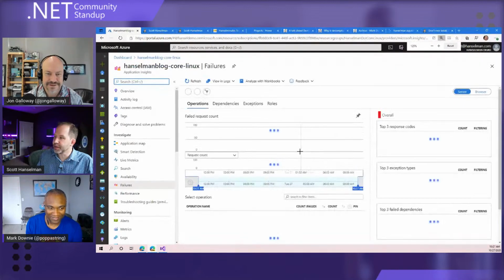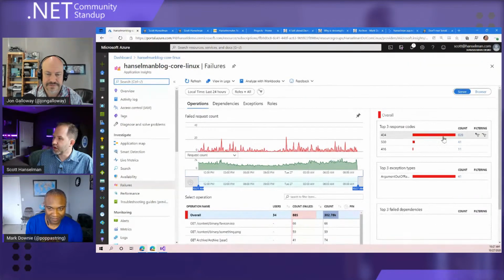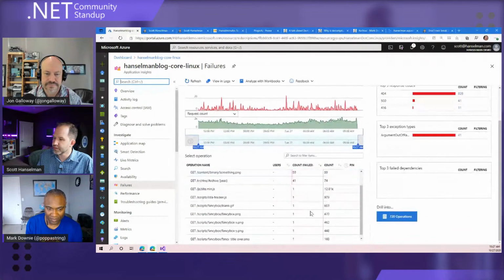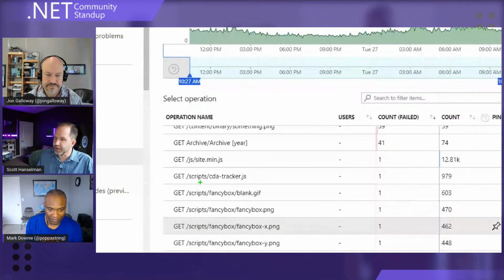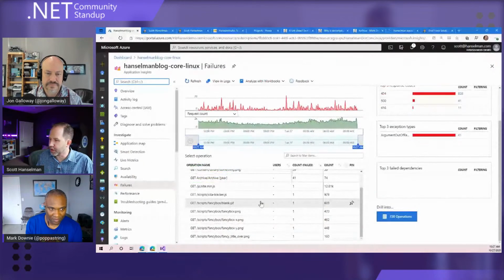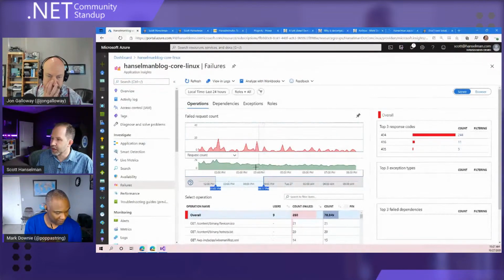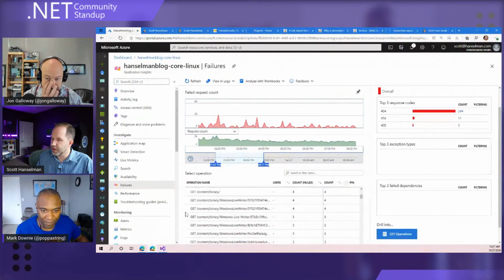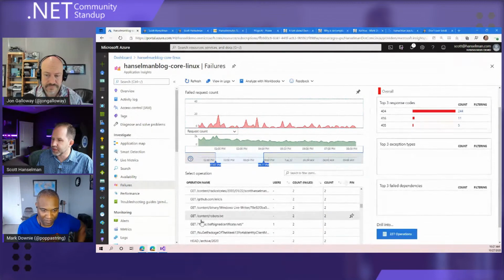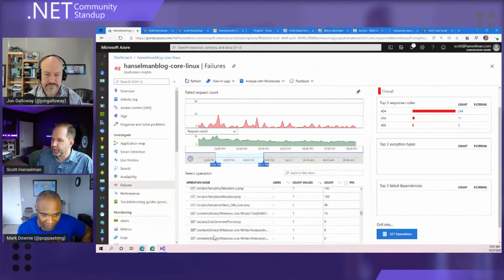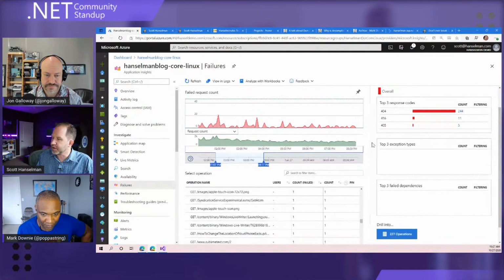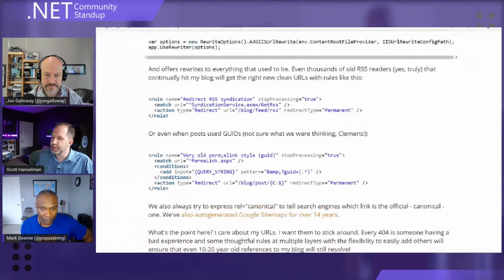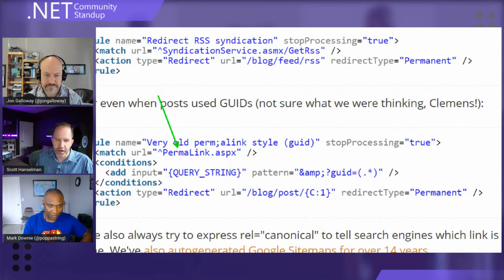So I go here into Application Insights, and I say, okay, look, there's a 404. Is anything here interesting? Now, here you go. That might be a redirect I could fix, right? Maybe someone's having trouble with the archives there. I've fixed most of our issues. There's a couple of missing images. I'm not seeing any blog posts that I can fix, but for a while I was seeing people coming in with this old style.